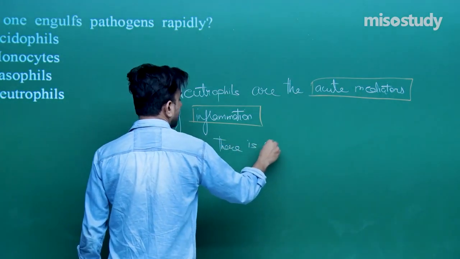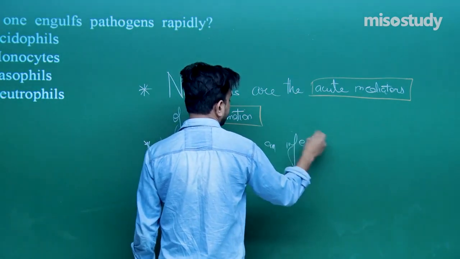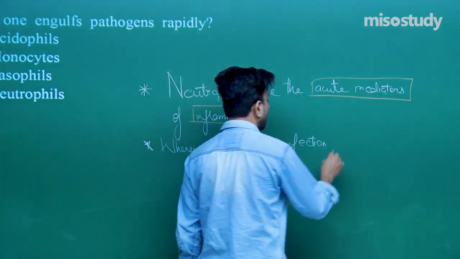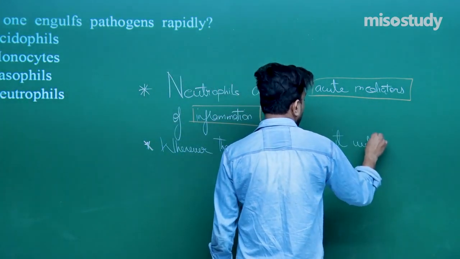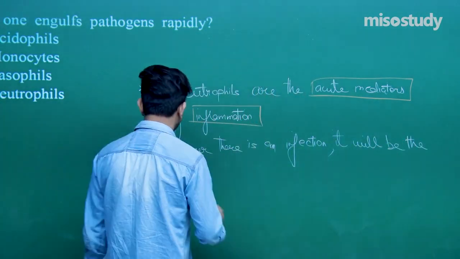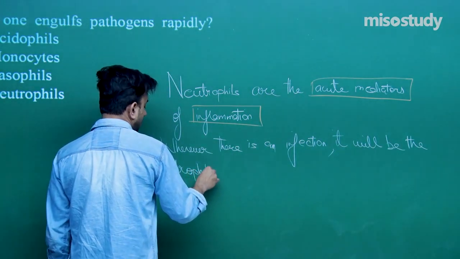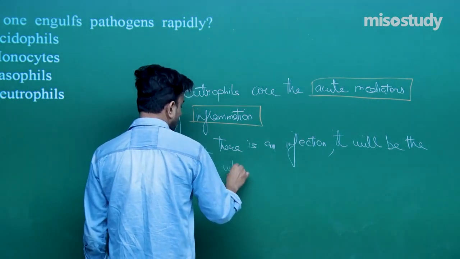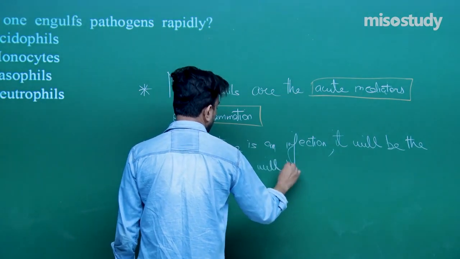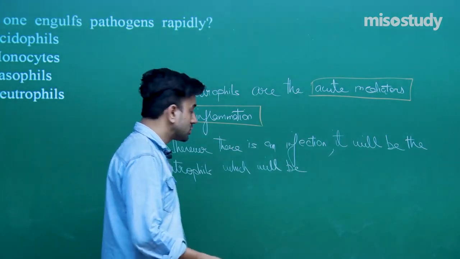Whenever there is an infection, it will be first the neutrophils which will be coming out of the tissue,